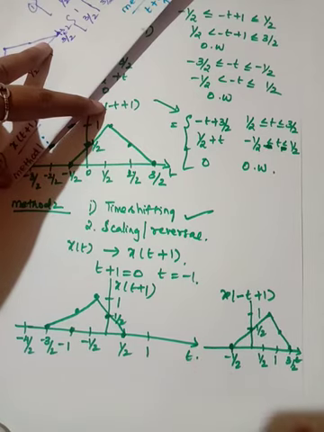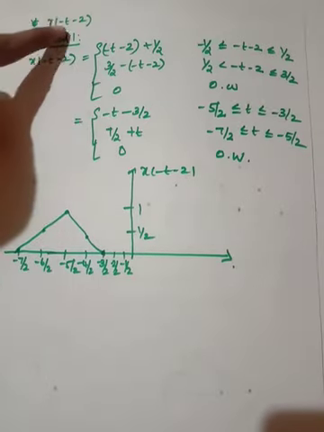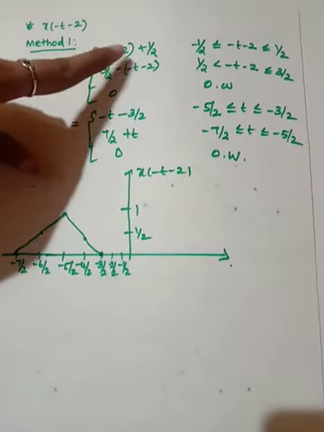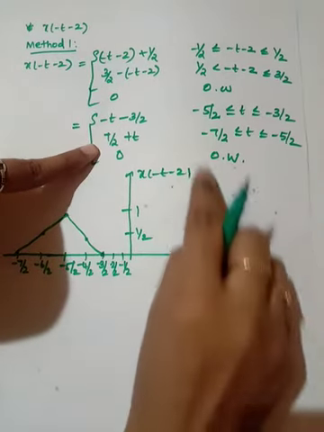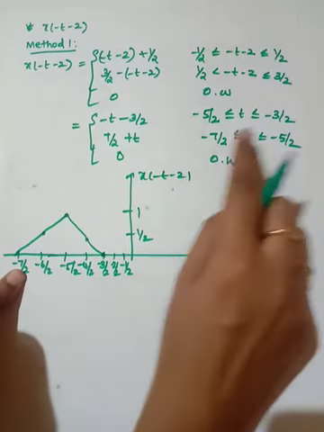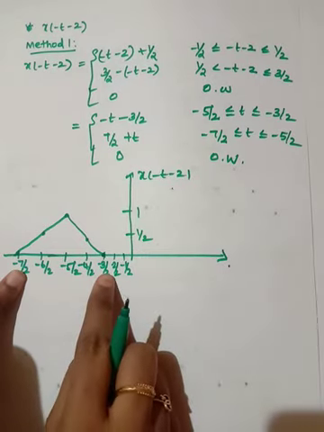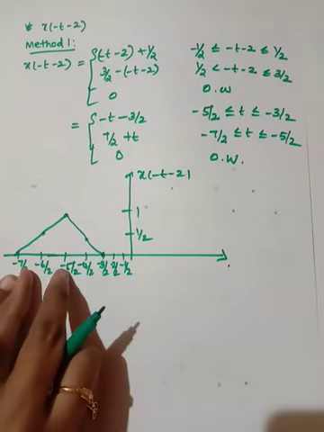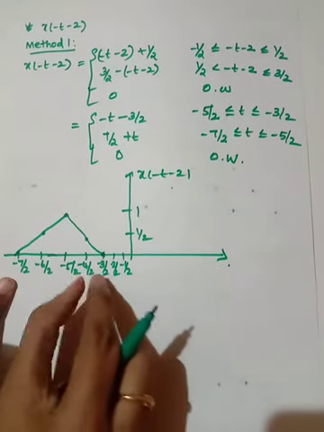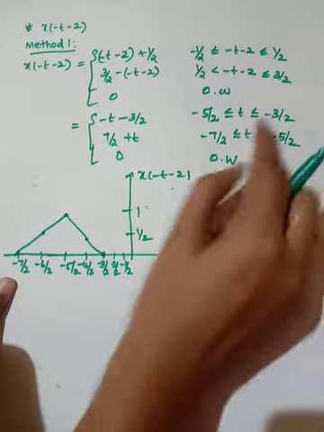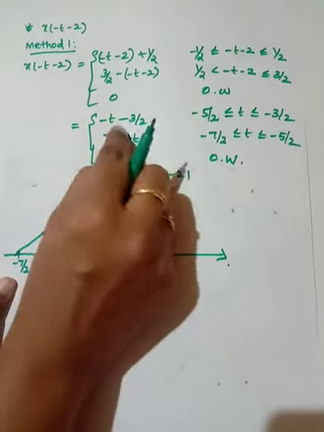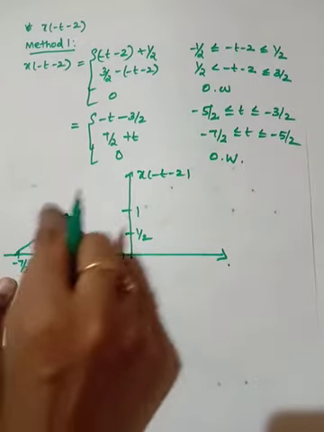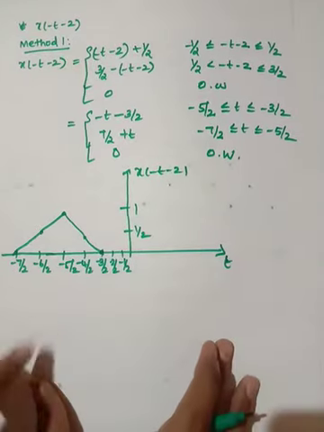It gives time saving. In minus t minus 2, I have just substituted instead of t minus 2. After simplifying, I am getting this. Now the total range is minus 7 by 2 to minus 3 by 2. From minus 7 by 2 to minus 5 by 2, I need to consider this equation, so I am having this answer. Then from minus 5 by 2 to 3 by 2, I am going to consider this equation. You substitute these t values and you will get this diagram. So this is your x of minus t minus 2.